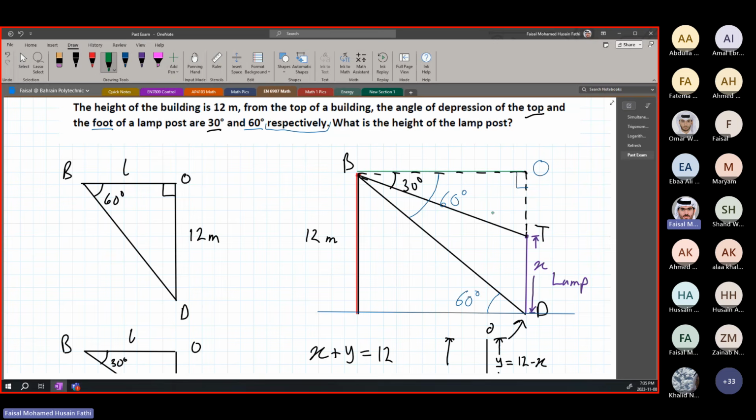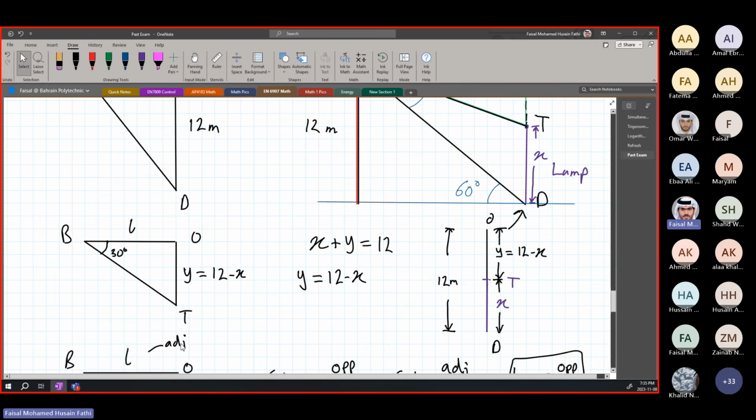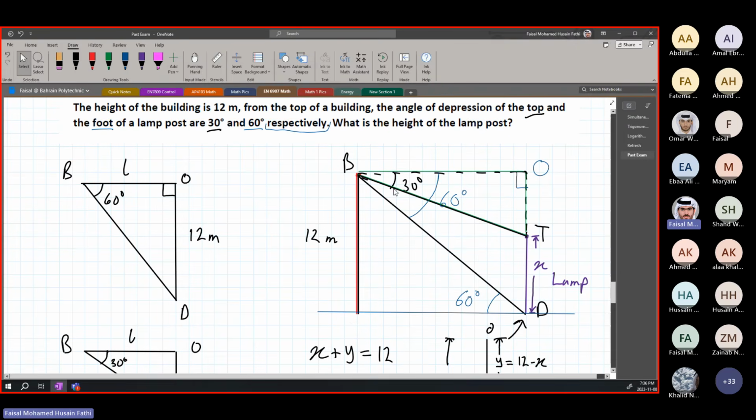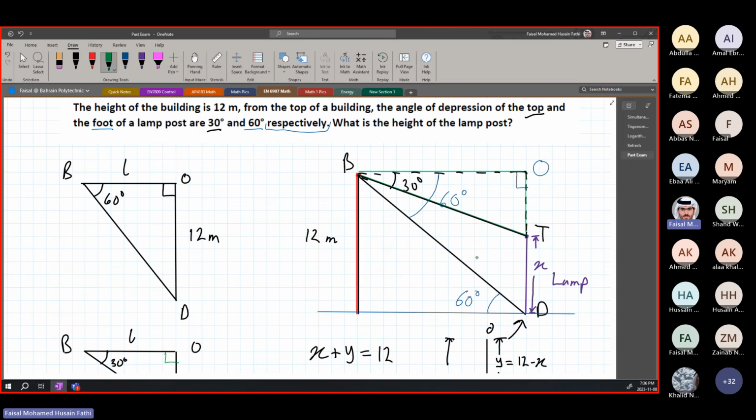This is my first right triangle, like this. Of course this is a bit lower. Okay, this is my first right triangle, the green one. This is my first one. So BOT, BOT is this one. I chose it because I have its angle, so I can put an angle 30 and I know that this is a right angle over here. Okay, so I chose this as one of my triangles.